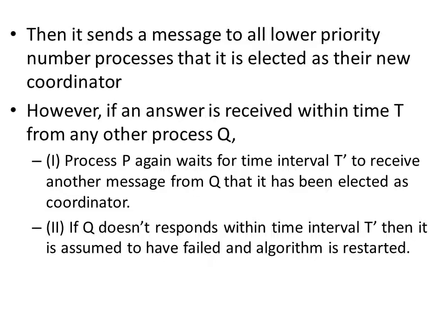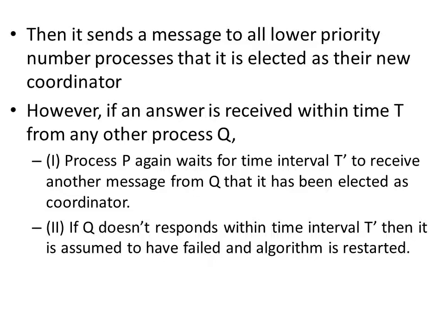Then it sends a message to all lower priority number processes that it is selected as their new coordinator. For informing the coordinator status, now the process P is the coordinator. So for informing that, it sends the message to all the lower priority number processes. However, if an answer is received within time, so the previous case is if the answer is not received within the time. Now if the answer is received within the timestamp from any other process Q, the process P again